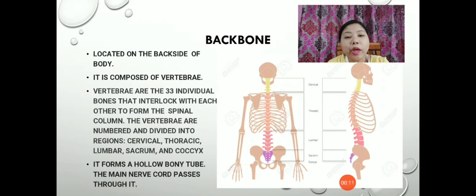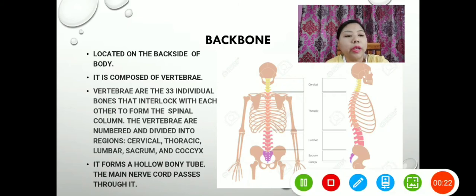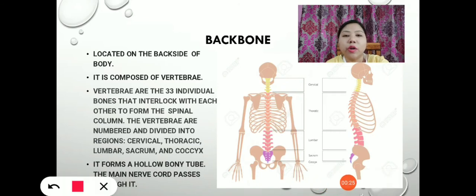So now let's see what the backbone is and where it is located. Backbone is located on the backside of the body. It is composed of vertebrae. Vertebrae are small individual bones that interlock with each other to form the spinal column. Here you can see the long backbone, and the backbone is not made up of one piece of bone, because if it were made up of one piece of bone we would not be able to bend our body. It is made up of 33 small individual bones that interlock with each other to